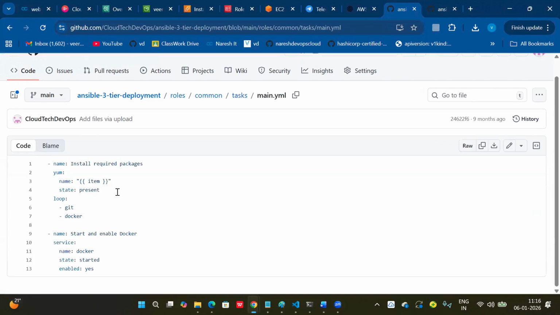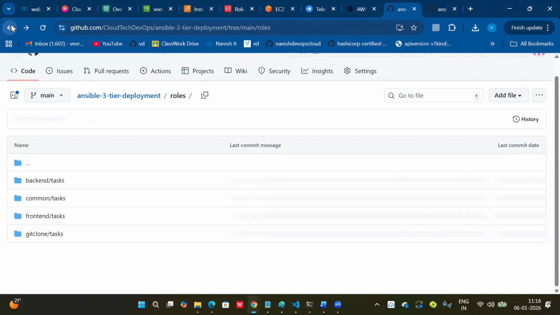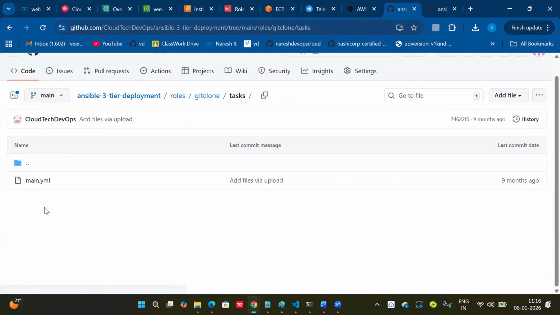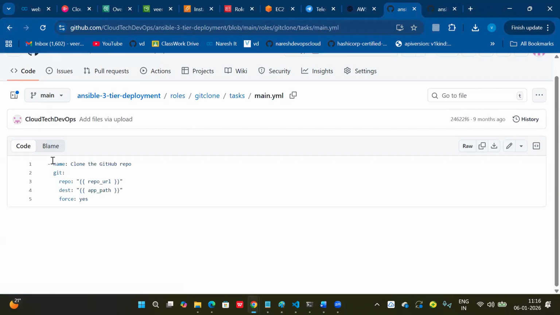What are the common tasks? To perform this process, Git has to be installed, Docker has to be installed, right? So this is going to install Git and Docker, common tasks. And the Git clone task. So I'm going to clone the Git repository. So this is the Git role task.